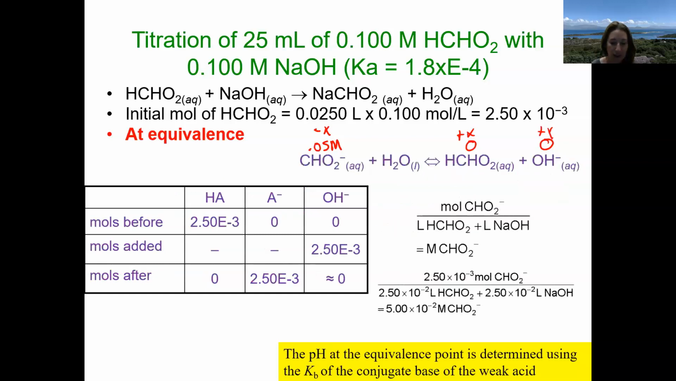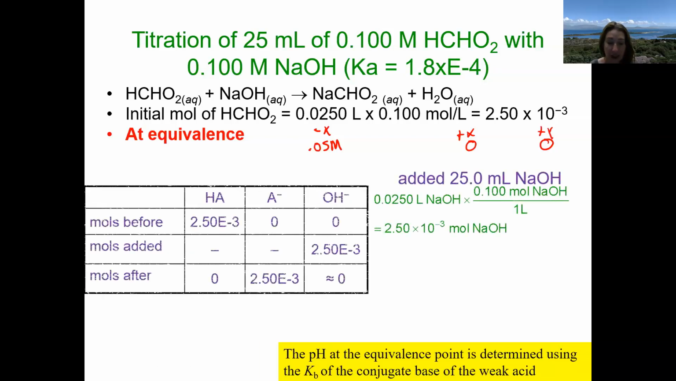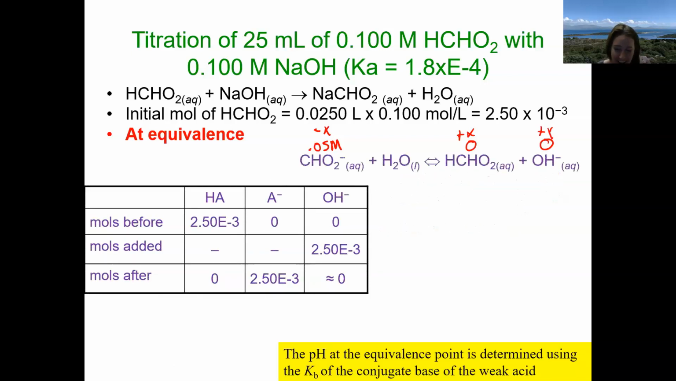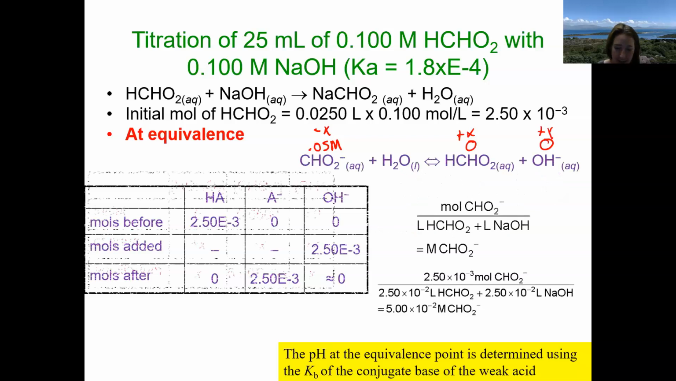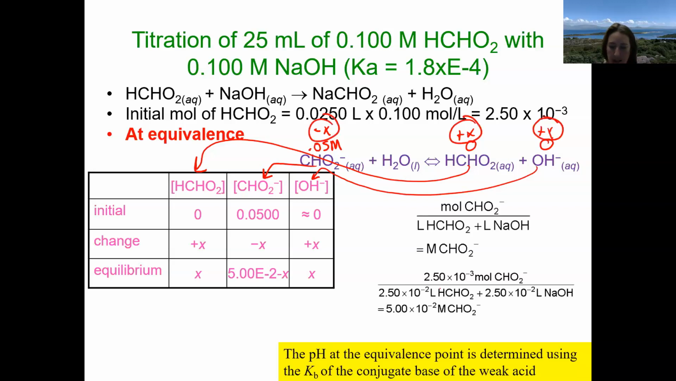So I'm trying to get a place where I can put my ice table on here. Nope, I can't. So my ice table is a little bit wonky, but it still works. You can see here's my HA, here's my A minus right here, and here's my OH. For some reason I flipped the two of them, but again, it doesn't matter. This is minus X, plus X, plus X. And so our KB